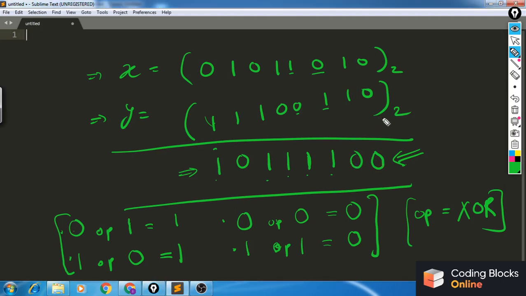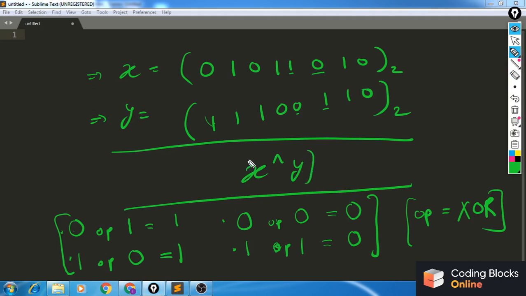So instead of traversing the entire integers x and y and checking if their corresponding ith bits are the same or not, I could simply XOR them, and this entire string is going to be nothing but x XOR y. The binary representation of x XOR y is the same string that I generated.